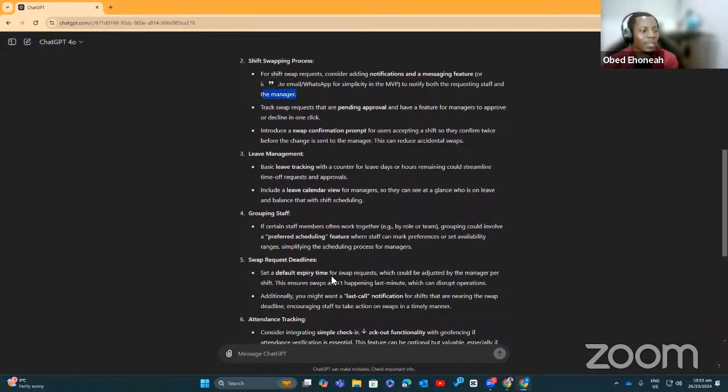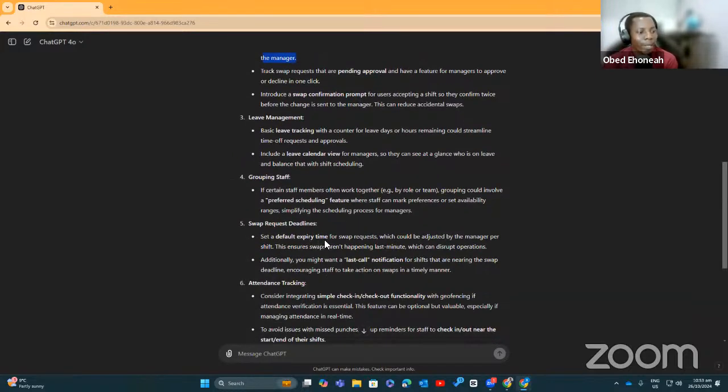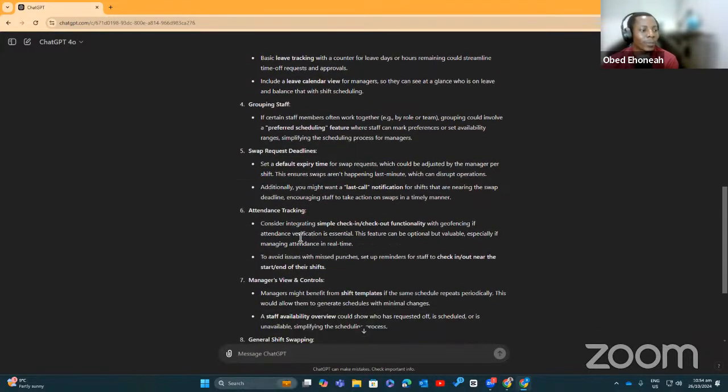Swap request deadlines: set a default expiry time for swap requests, which could be adjusted by the manager per shift. This ensures swaps aren't happening last minute, which can disrupt operations. Additionally, you might want a last call notification for shifts that are nearing the swap deadline, encouraging staff to take action on swaps in a timely manner.